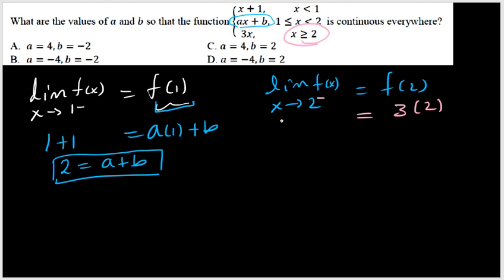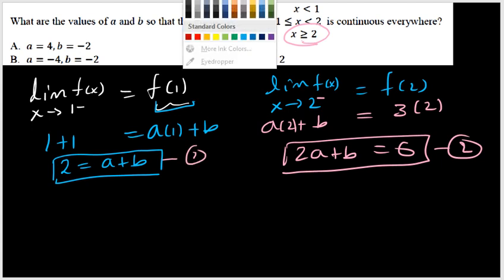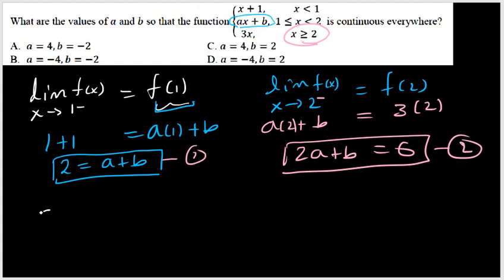So when I insert 2 in the second part, it will be a times 2 plus b. This is the same as 2a plus b is equal to 6. So now I do have 2 equations. This is the second one, here is the first one. Let us equate them simultaneously. That is a plus b is equal to 2, the first one, and the second one 2a plus b